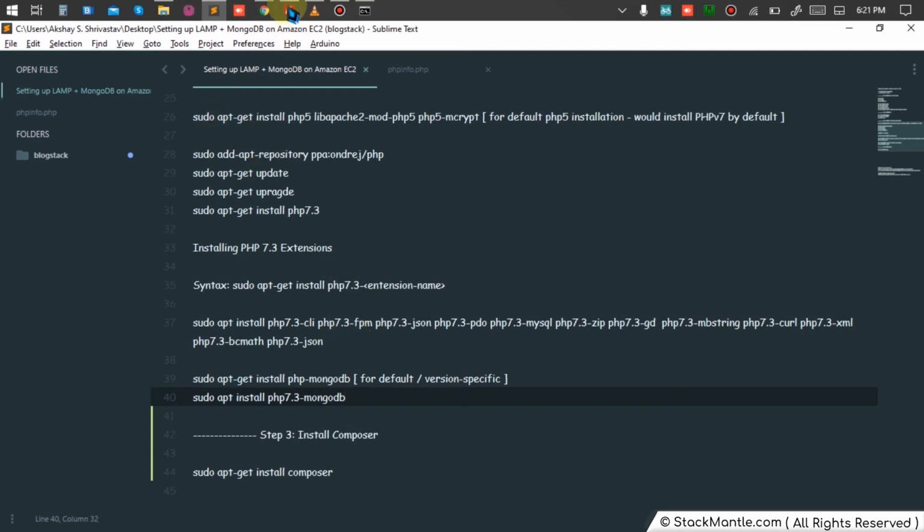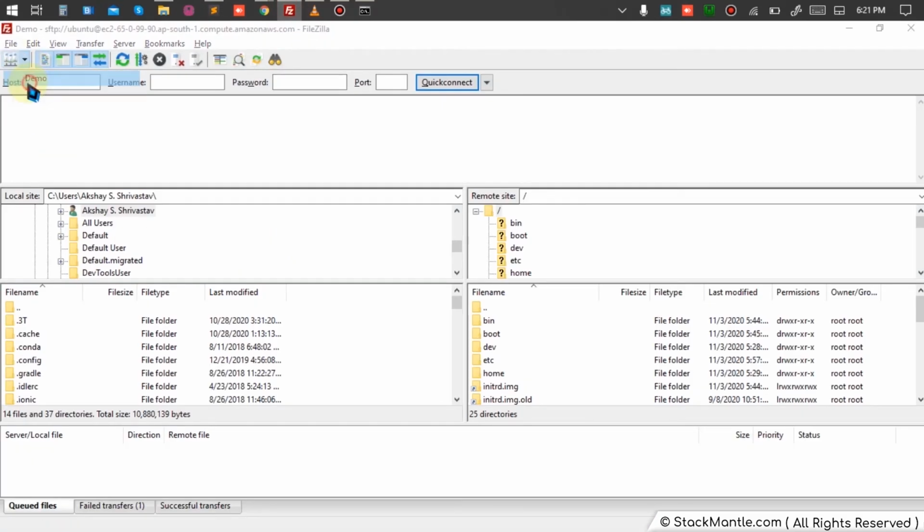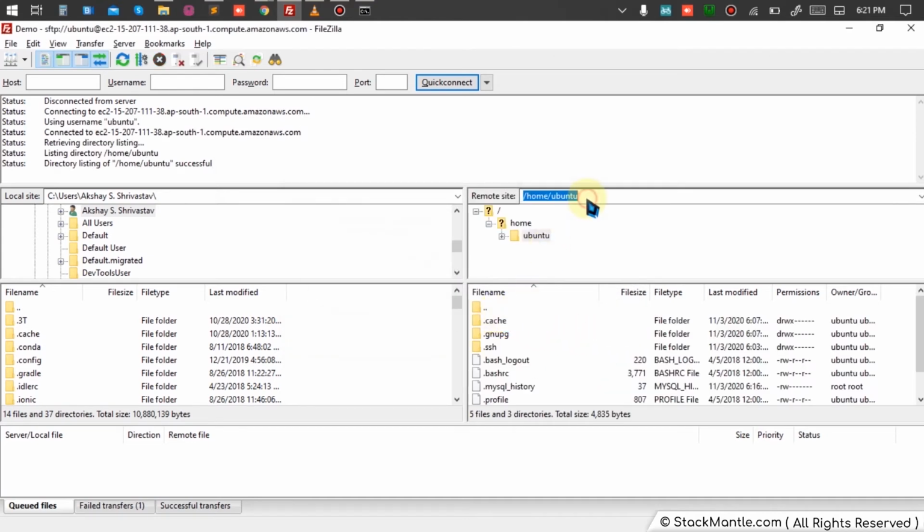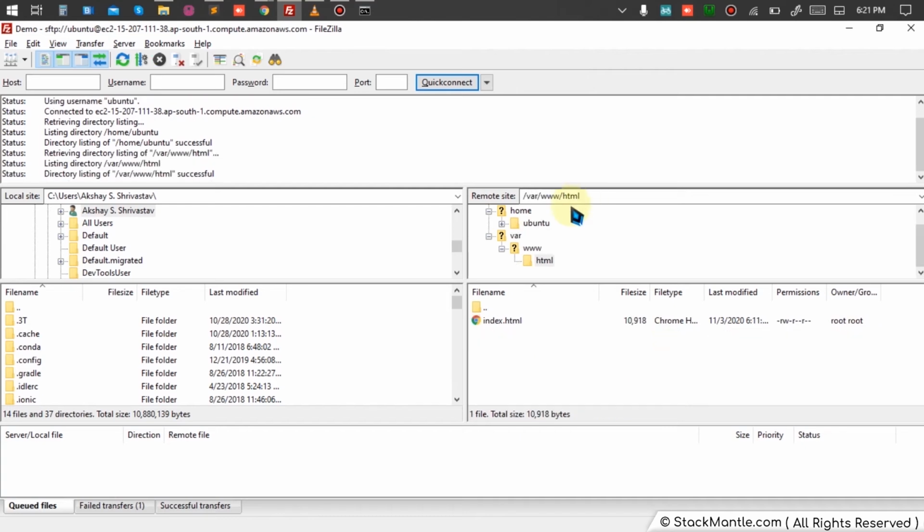So I'll connect through SSH and through FTP. This is the first installation, that's why it asks if you want to add the fingerprint to the system. Here is www/html. This is the place where all your HTML, code and scripts are going to work. So make sure whenever you place a script or auto deploy, you deploy in this folder. In upcoming videos we'll also learn how to set up an auto deploy environment with your Bitbucket account.